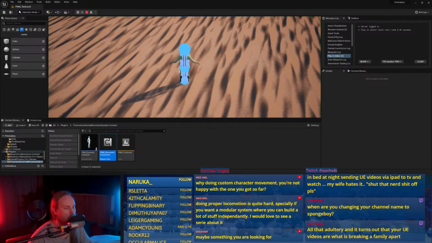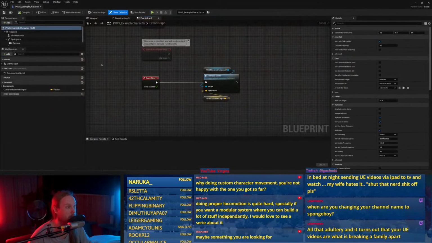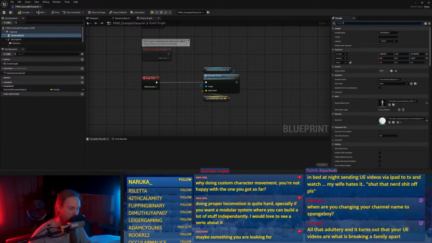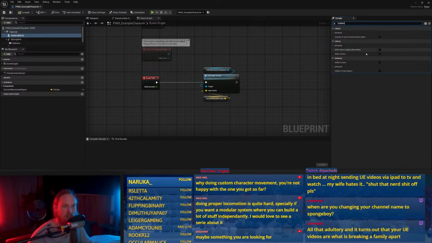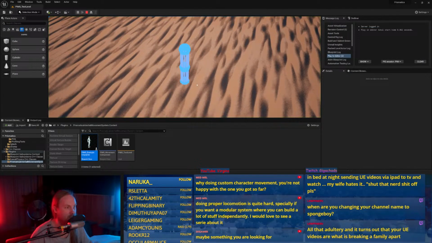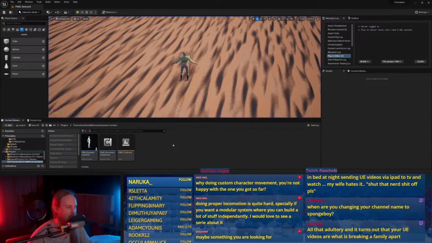Alright, so that's our character. Also, I can probably just hide the mesh for now. Can I hidden in-game? Hidden in-game, hell yeah. So we're just looking at this. This is now our character. Marvelous.